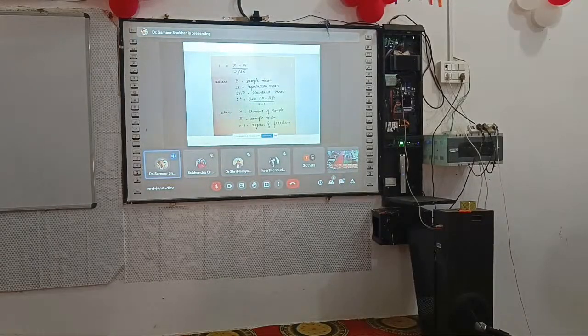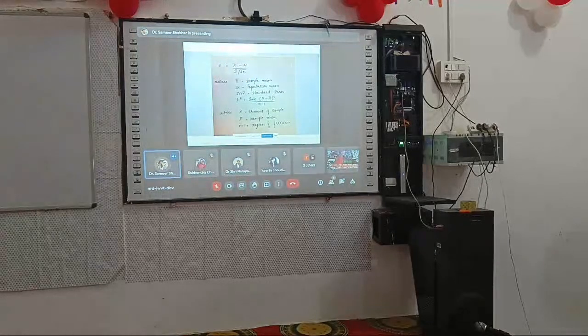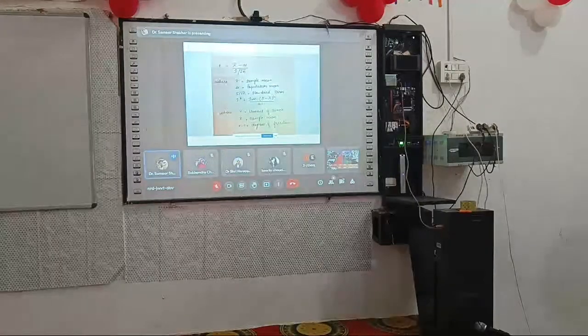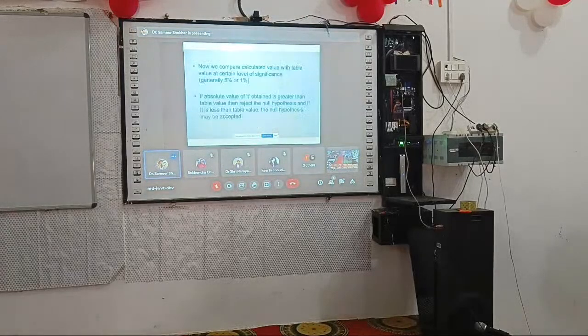So this is s square, variance is being calculated by the sum of this, each observation minus the sample mean, the whole square, upon the sample size minus 1, right? So we get all these things, and now when we get the result,